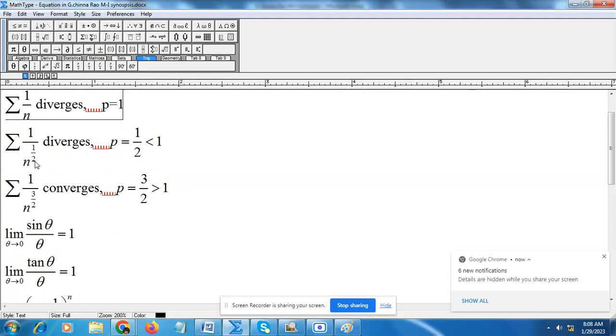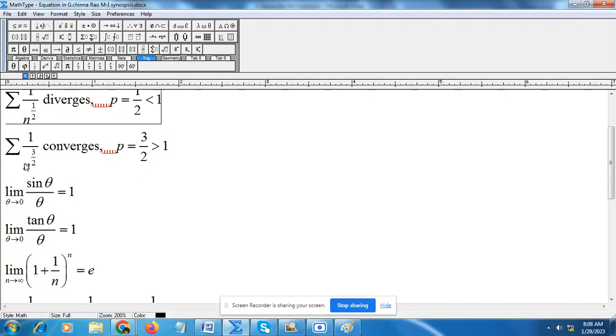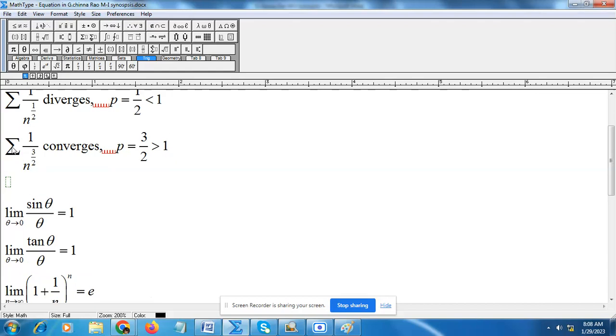Sigma 1 by n power half also diverges, because its p value is half, which is less than 1. 1 by n power 3 by 2 converges, because its p value is 3 by 2, which is greater than 1. And one more thing is